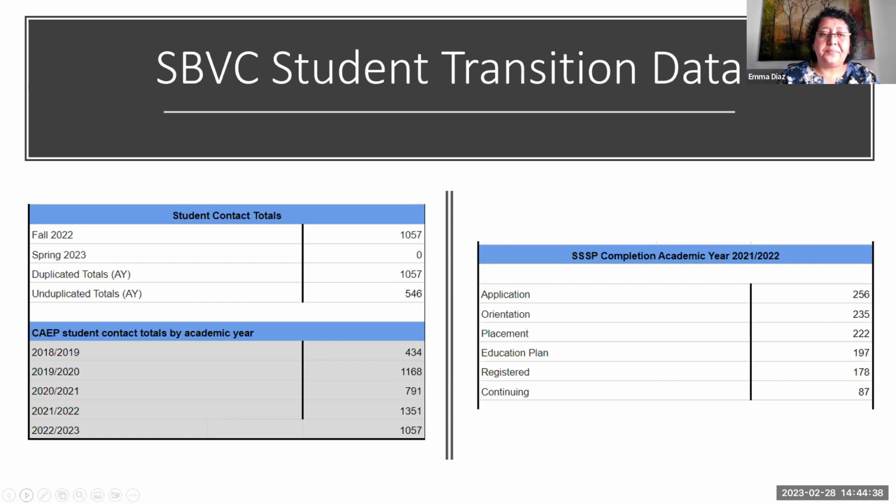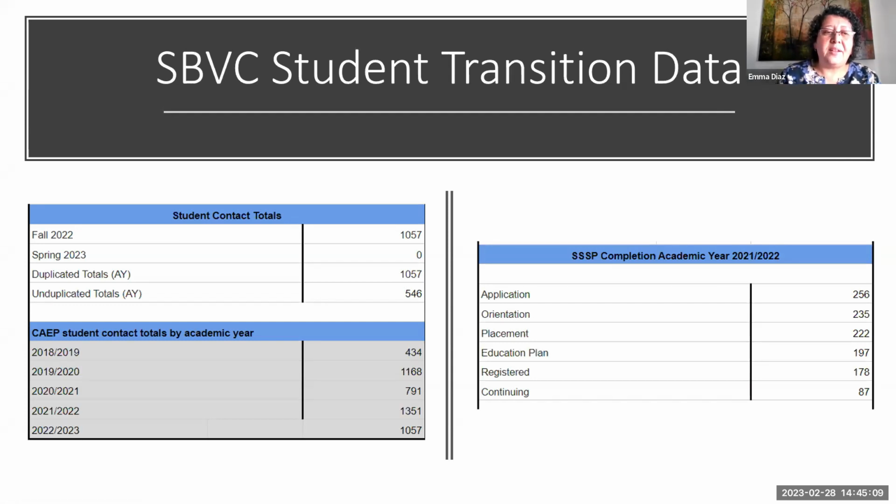The placement, developing of an education plan, how many of them were helped with registration, and how many are continuing, meaning they've maybe already matriculated to the college, they needed help enrolling maybe for the next semester. So that's an ongoing student. So we were trying to capture all of the different services that the counselors are offering, because we know it takes a lot longer than just 1 half-hour session to be able to get a student through each one of those different